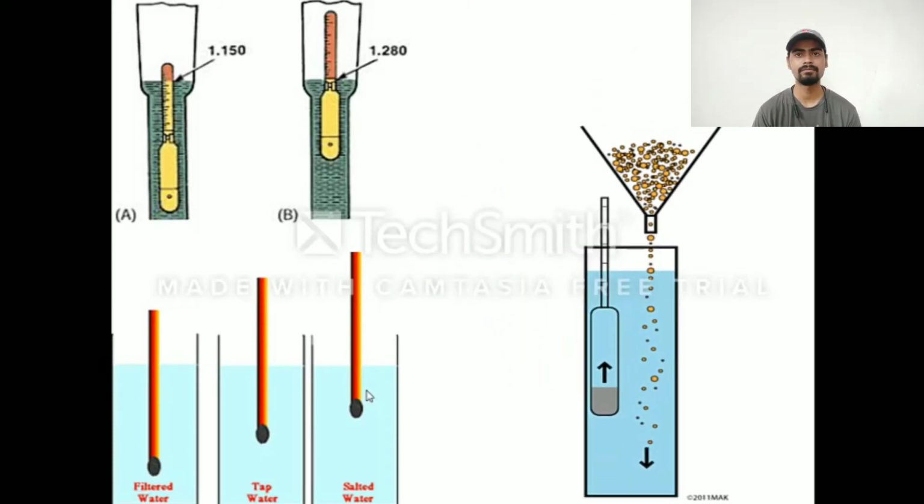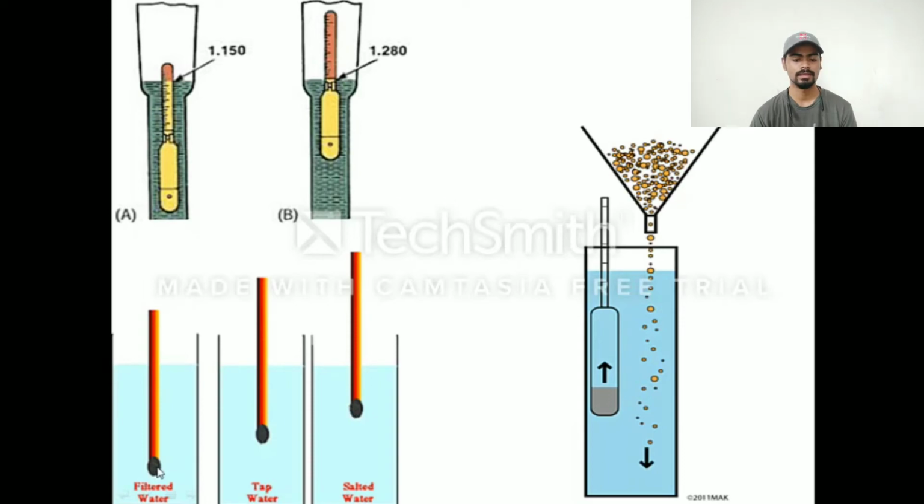Say practically, if we want to see how the hydrometer sinks, we can take one example. Say one funnel is there, in that we have kept a few particles, and on the other side we are also inserting a hydrometer into it. As you go on adding the particles into it, you are increasing the density. More and more particles you add to the liquid, you are increasing the density. And as you go on increasing the density, the hydrometer will go in the upward direction. It means slowly this reading is going to increase.